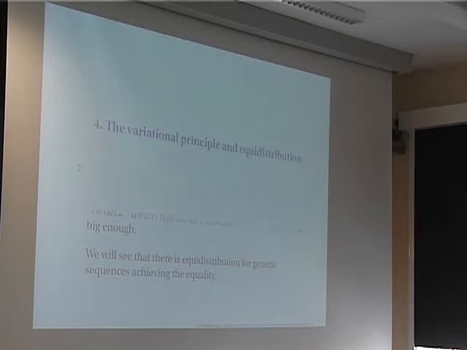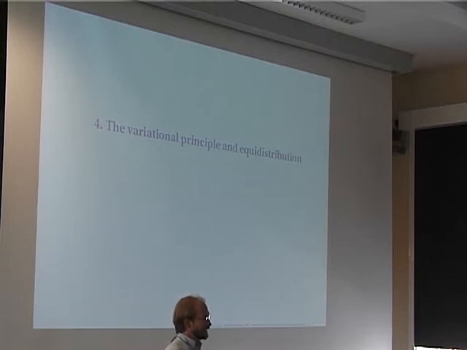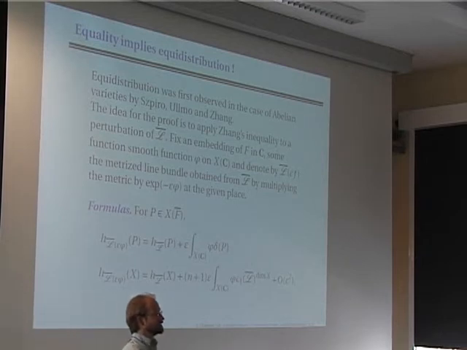To explain that, equidistribution is related to a variational principle in Arakelov geometry. It means I will study the preceding inequality, not only for the line model L bar with its metric, but for small deformations of this line model. This equidistribution was first observed by Szpiro, Ullmo, and Zhang in their work on